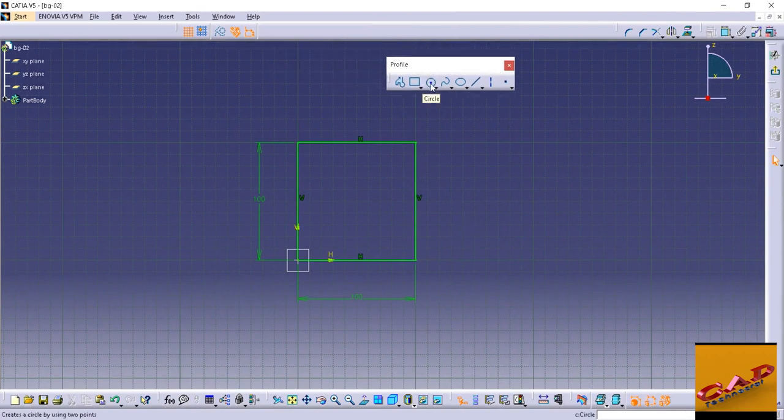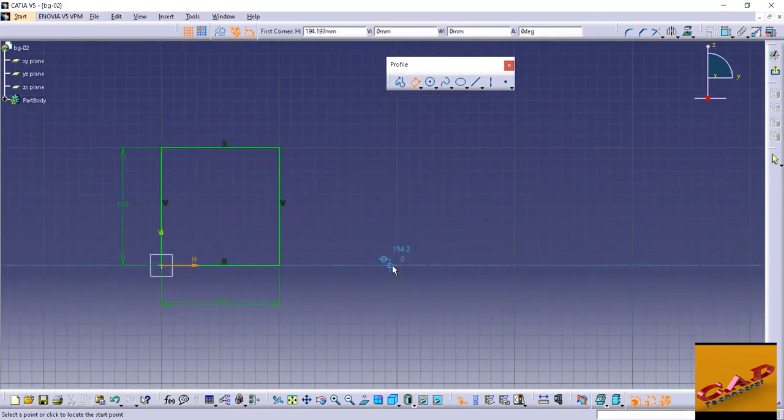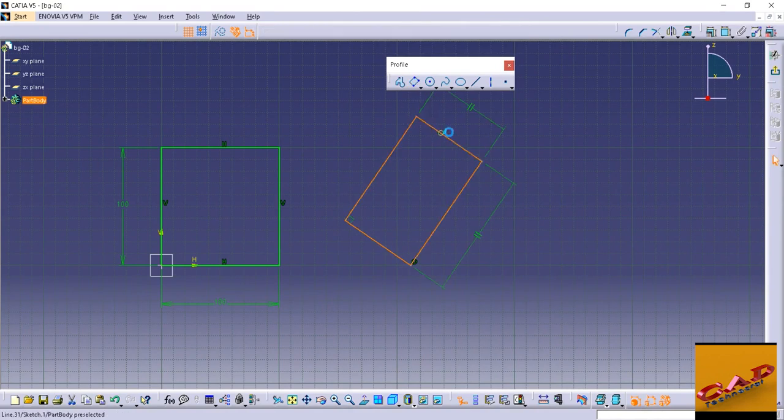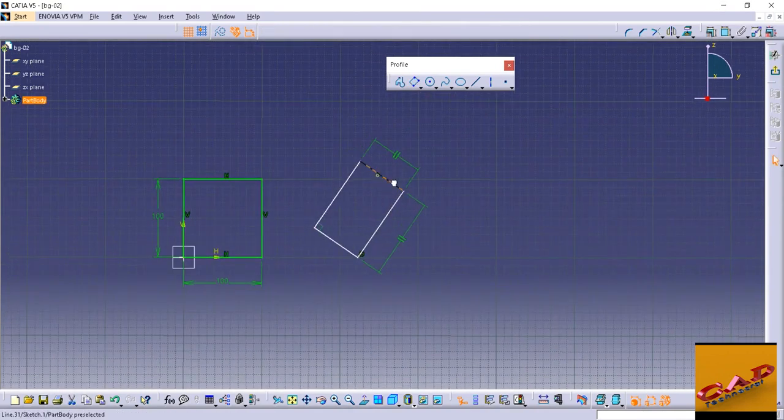This is the circle toolbar. Okay, let me complete the whole rectangle first. This is also the rectangle first. The second one is oriented rectangle. Just click on the oriented rectangle and click here and click here, because oriented rectangle, that means we want to draw a rectangle in any orientation. So just I will draw an inclined line. Click here and now click here. So you can see it is an oriented rectangle.